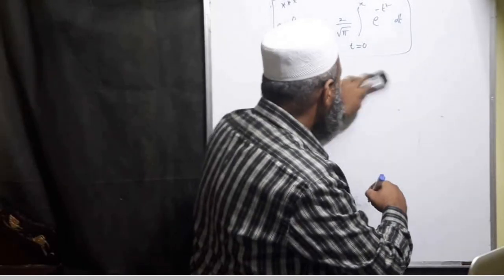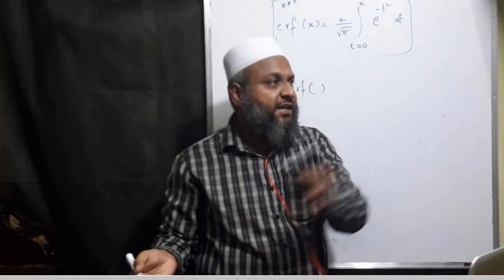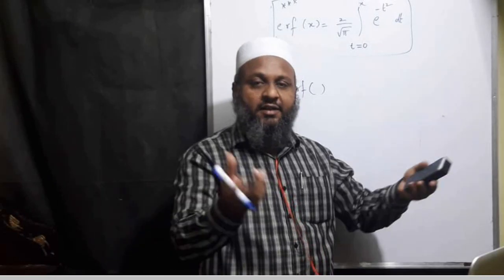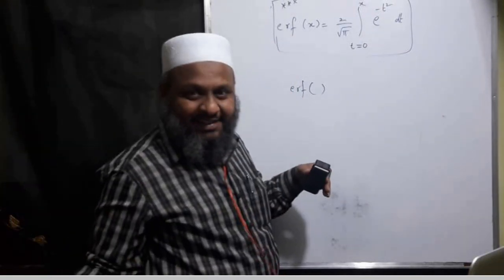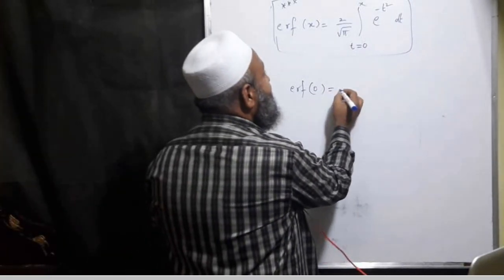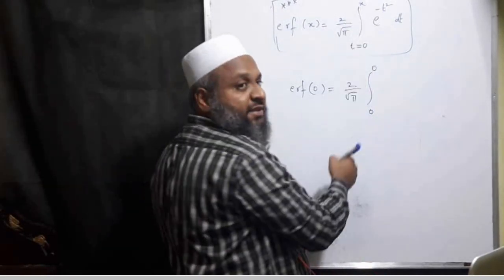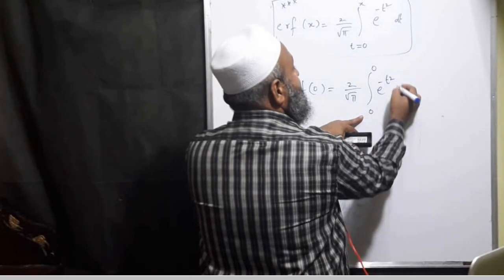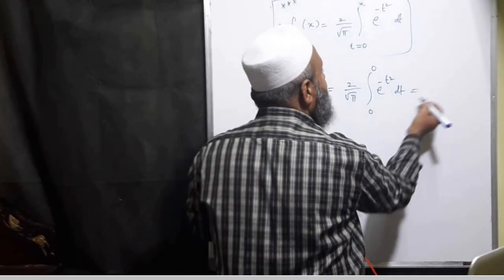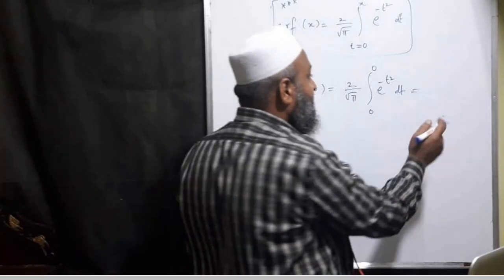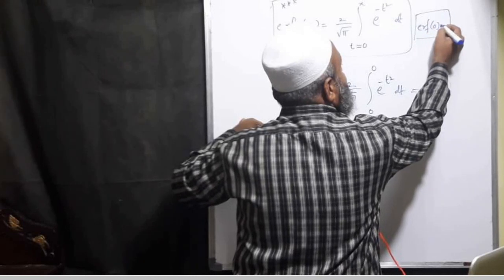Now let us see what the values of the error function are at very simple values, that is at 0 and at infinity, because in between whatever is there will be some numerical values. You can calculate it from the calculator, but you don't need a calculator for special values. So the error function at 0 is 2 by root pi integral 0 to 0, because whatever input is there becomes the upper limit. So it is 0 to 0 e power minus t square dt, because the same upper limit and lower limit give the same result. Finally it is nothing but the area between 0 and 0, no area, so it is 0. So remember one fact: the error function at 0 is 0.